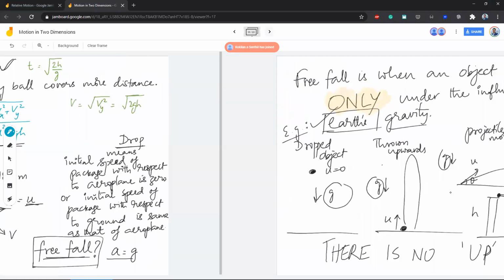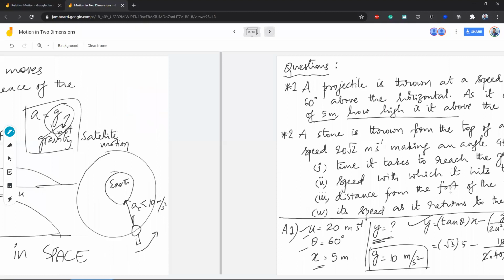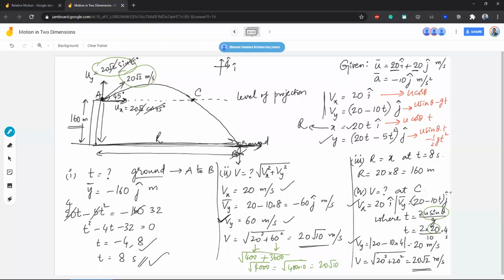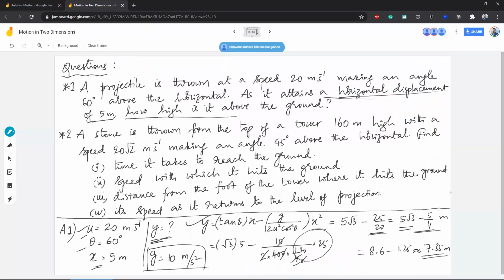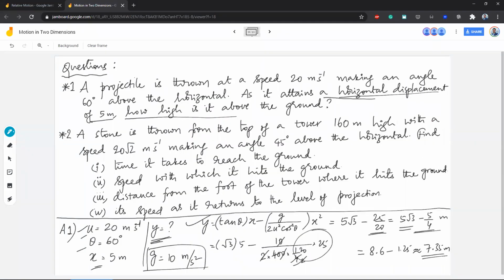All right, and then free fall is when we clarified a doubt about free fall. And then I gave a couple of questions. Did we answer them? I think we answered both of them. Yes, good, very good. So I hope you don't have any doubts there. So we'll move on. Is there anything like motion in 3 dimensions? If an object moves in space, it is moving in 3 dimensions. That's all.